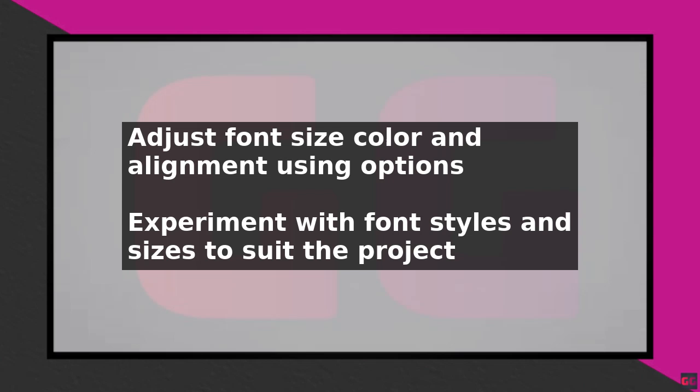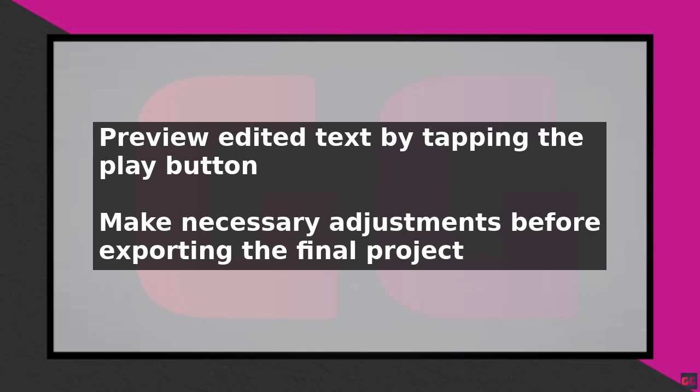You can also animate your text by tapping the Animate button, which is usually represented by a play icon. Choose from a variety of animation styles, such as fade in, slide in, or typewriter, to add visual interest to your text. Finally, preview your edited text by tapping the play button, and make any necessary adjustments before exporting your